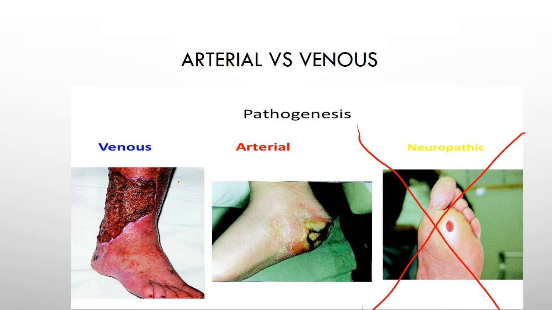Arterial wounds are going to be shiny looking, they're going to be pale, they're going to be like a desert, dry and arid. Then you have venous wounds, and venous wounds, the problem is they can't get the blood flow back up to the heart. So those types of wounds are going to be,